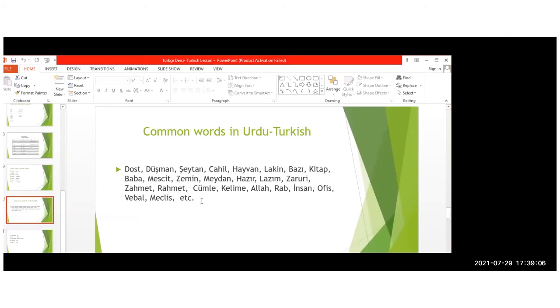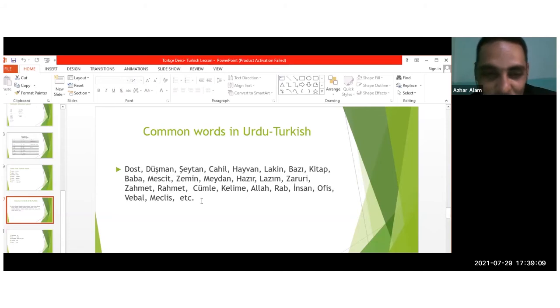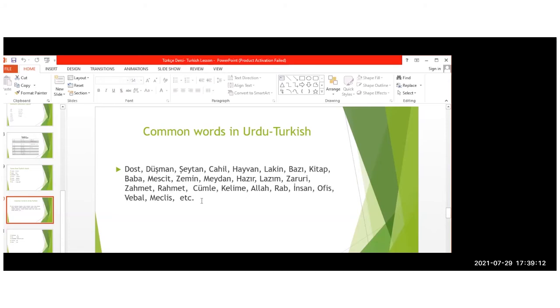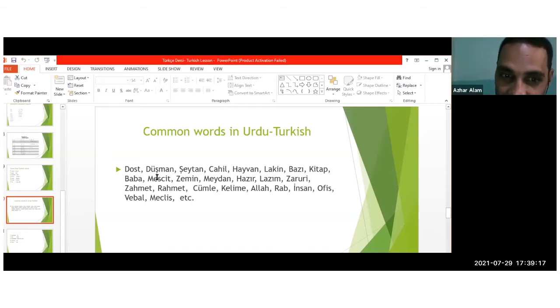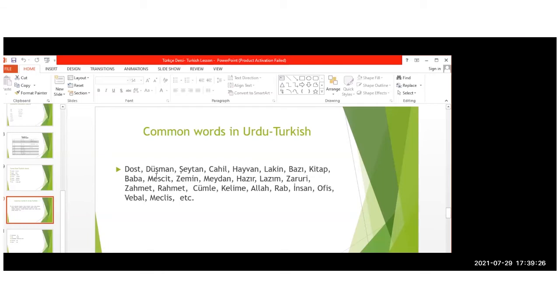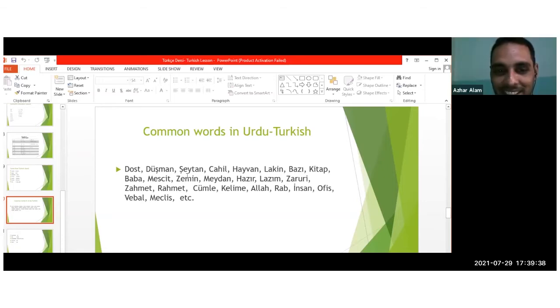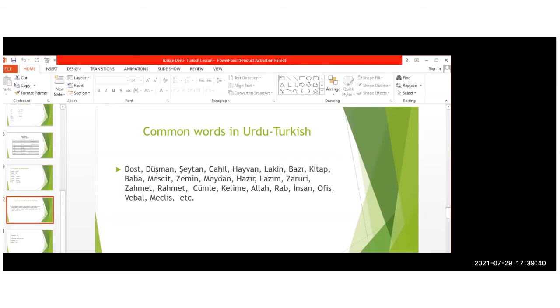Dus, what does it mean? Friend. Oh, okay. Those I don't like. Is it Dusman or Dushman? This is for SH. We have two S, one S, and in one S there is a dot below. So that indicates SH. Dushman. Okay. Satan, Shaitan. So what does Shaitan mean? Jahil, Shaitan. Devil. Oh, great. Jahil. Jahil, Heaven. Lakin. Jahil. What does it mean?